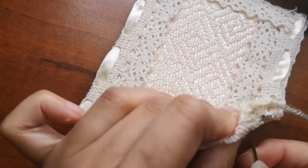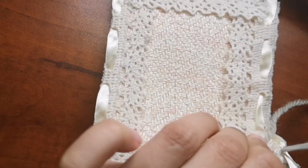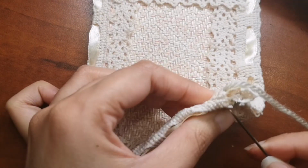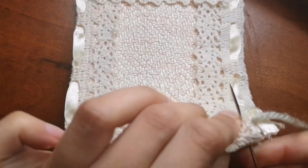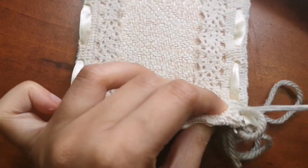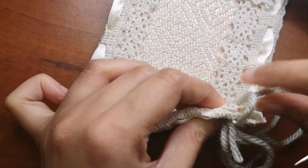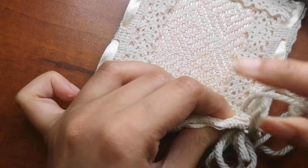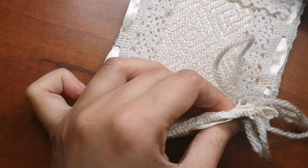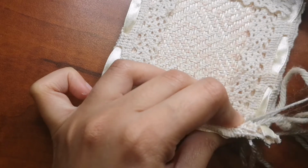So for the threading, it's just a single thread going through in a circular, like a half circle motion. There's not much to it. I don't know a lot about sewing to tell you exactly which stitch I'm using. It's just going around with just one thread. So you can see that I have too many threads trying to go through the same hole, so it got stuck a little bit, but